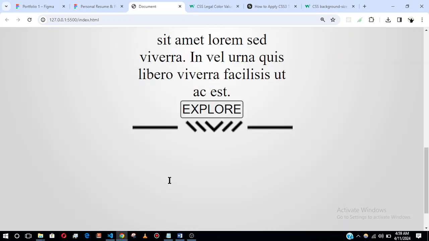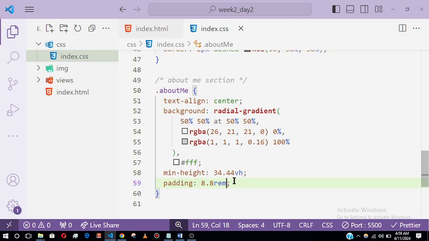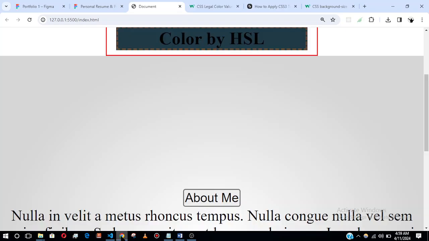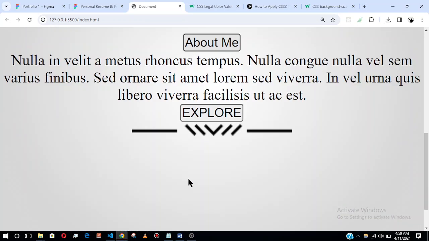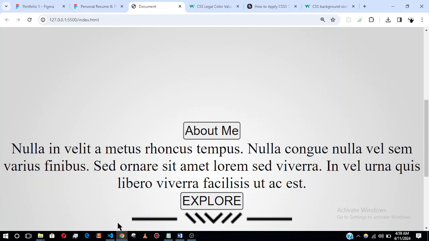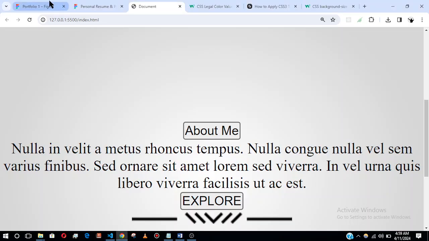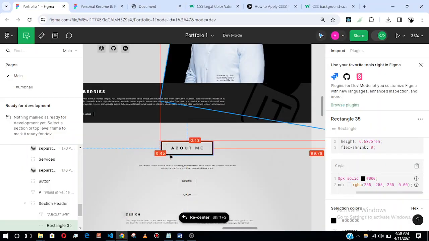Okay, but we want this to be only for top and bottom. Then left is 0 REM. So we have this now. Okay. So next, we move to this first